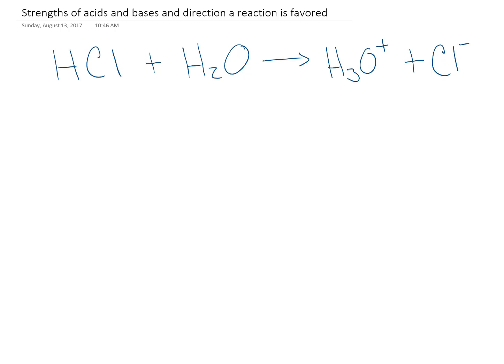I want to briefly discuss the strengths of acids and bases and how it affects the direction a reaction goes. So let's start with something that you're really familiar with, HCl. We know that it's a strong acid, and when we say it's a strong acid, we actually mean, we define that as the amount it dissociates in water. So the amount of the ions that dissociate in water determines the strength, because remember,